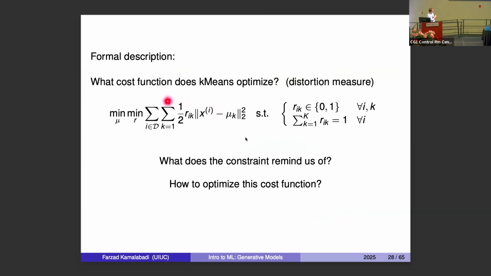So the formal description is what's known as a distortion measure, which we have to minimize. Let's look at the first minimization. There are 2 consecutive minimizations here, right? The first minimization is with respect to this membership. So R sub i, which is, does it belong to this cluster or not? So it can take on only 0 and 1, right? And just like a Bernoulli random variable, it adds up to 1, okay? What does that mean? It can take on 0 and 1, but it adds up to 1.